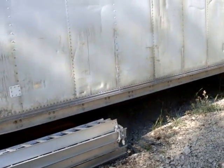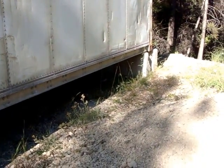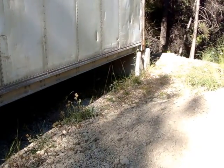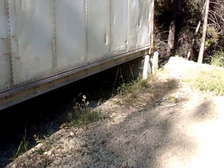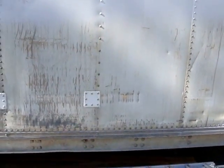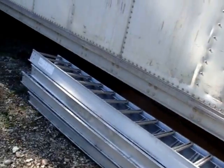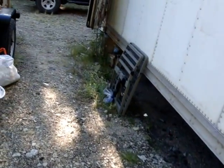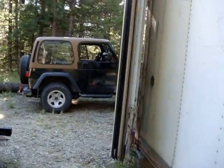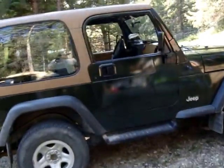Oops, I didn't mean to kick the camera. But you see the ecology block that's holding up the container? That's really very important because it keeps it up off the ground. And it's hard to see right now, but I've got rough cut 2x6s stored underneath, which we've used for one project. Now we're going to walk around this way, and all the other times that I've invited you into the container,